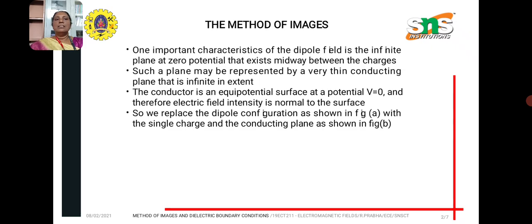The conductor is an equipotential surface at a potential V equal to 0, and therefore electric field intensity is normal to the surface. So, we replace the dipole configuration with a single charge and the conducting plane as shown